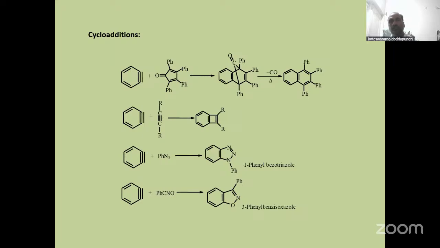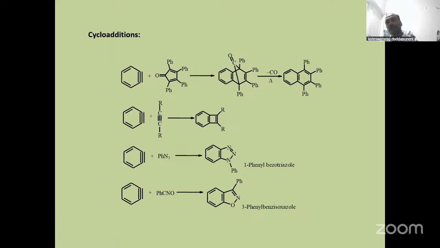cyclopentanone that leads to the formation of addition product, followed by elimination of proton that leads to the formation of tetraphenyl substituted naphthalene. And addition with the acetylene that leads to the formation of a cyclobutanone fused benzene system. Addition with the